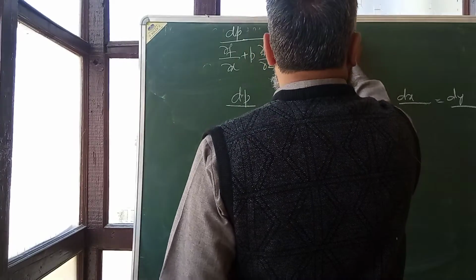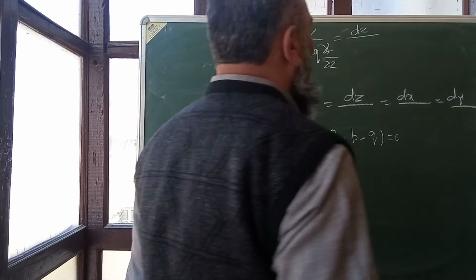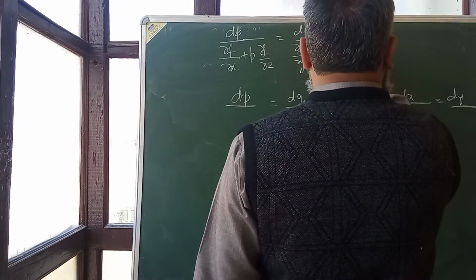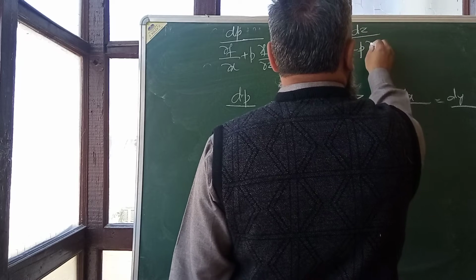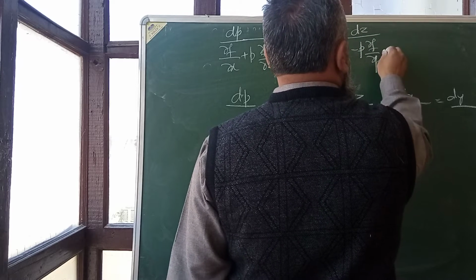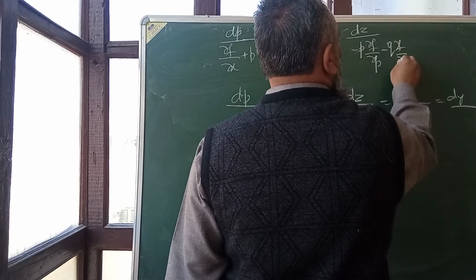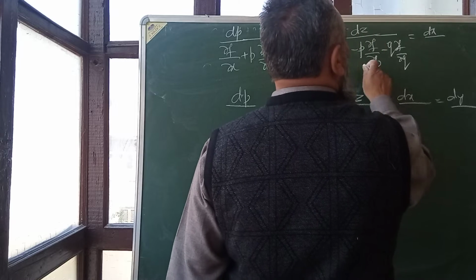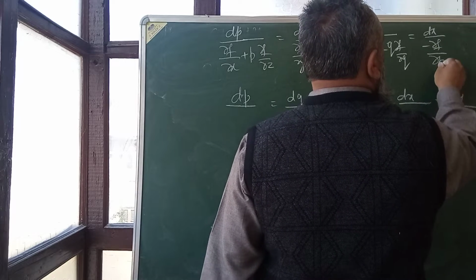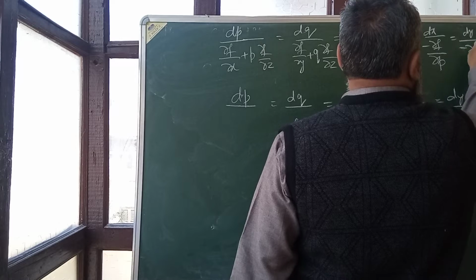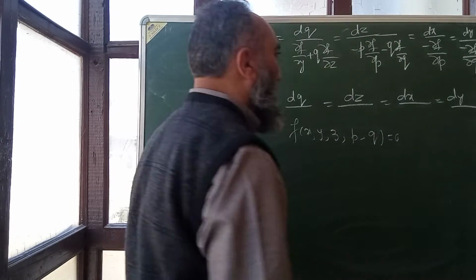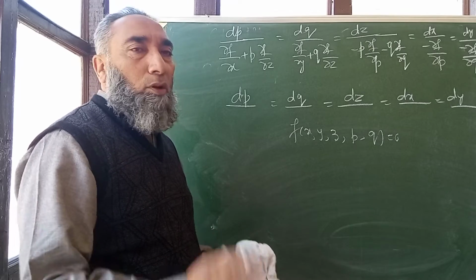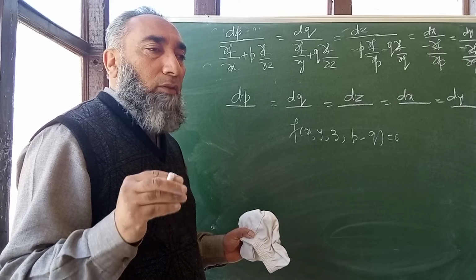Then you have dz by, now no x, no y, no dx, no del f by del x, no del f by del y. What is there? It is minus p del f by del p minus q del f by del q. Then dx by minus del f by del p and dy by minus del f by del q. This is the Lagrange's Charpit's auxiliary equation. I will be using this only to solve all such equations,